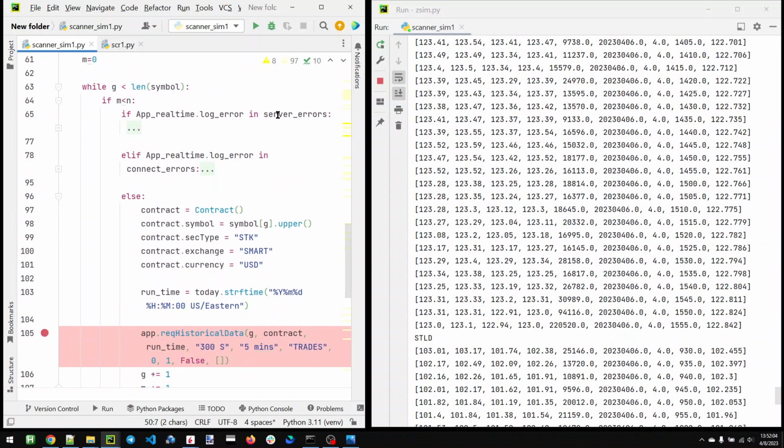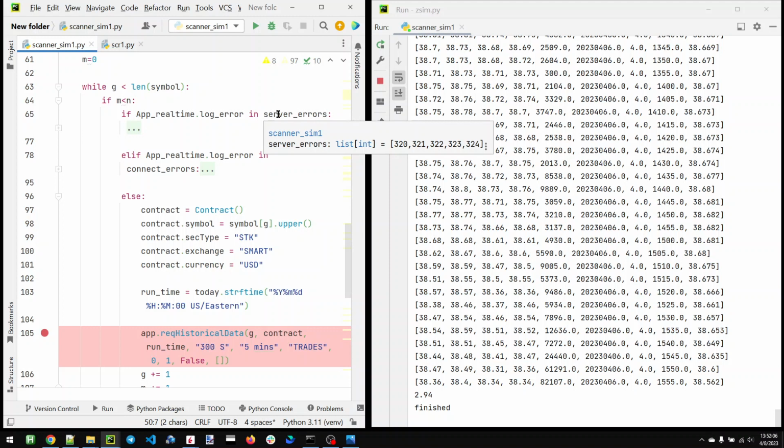So if it encounters server errors, it waits and restarts the thread and attempts to connect another time. And if it encounters connect errors, for example, internet connection fails or TWS fails or Interactive Brokers servers get unresponsive for some time, it waits for the connection restore message and picks up the slack it missed when the connection was down. So for example, if the connection was lost at 10 a.m. and restored at